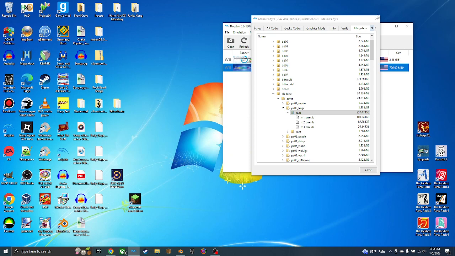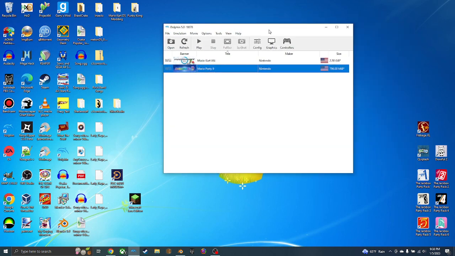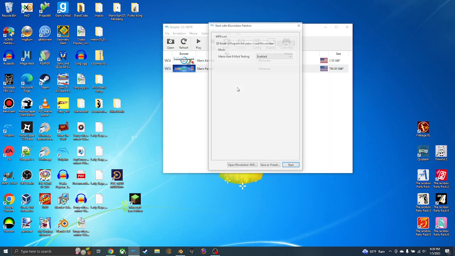So what you need to do, if you want this to work on Revolution, I have a Revolution pack on Game Banana that adds everything you need, and it only seems to work in the North American version. So if you don't have a North American Mario Party 9, then you're kind of out of luck for now until I can finally get it working on PAL. But what you need to do is click on Start with Revolution Patches and make sure that this says Enabled. Then click Start, and